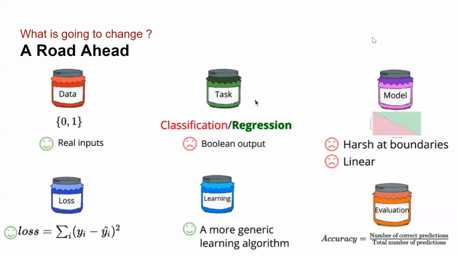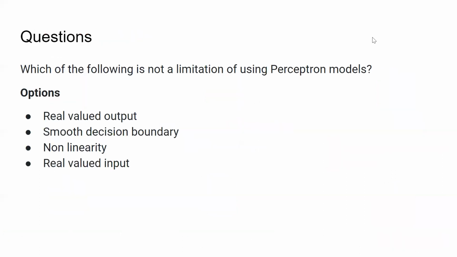Now the learning algorithm will become far more complicated. So I want you to be absolutely clear about the perceptron learning algorithm, only then will you be able to understand the sigmoid neuron learning algorithm. And the last thing is accuracy. The formula of accuracy still remains the same. It is the fraction of correct predictions that we are making. So this is the roadmap we have with respect to the sigmoid neuron.